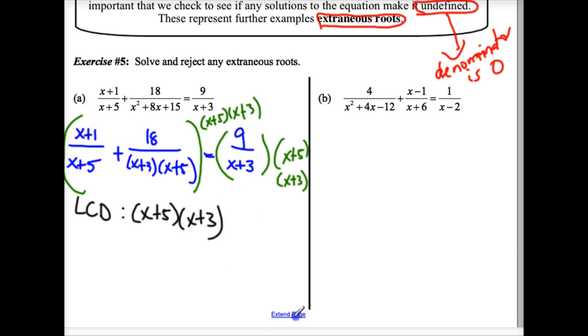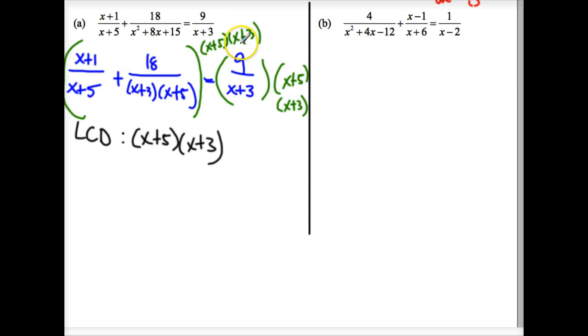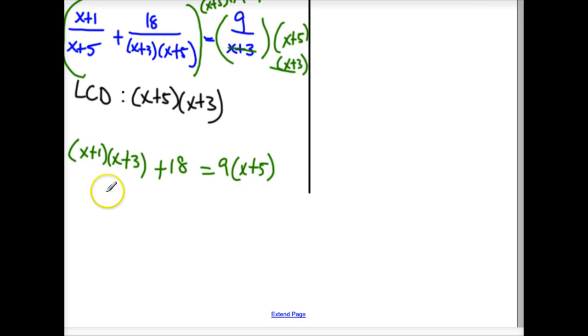Now what happens here? Let's see. So the 5's cancel out. You're left with x plus 1 and x plus 3, plus, both of these cancel, which is 18. The 3's are cancelled, so you're left with 9x plus 5. Let's simplify this. Box method gives us x squared plus 4x plus 3 plus 18 is equal to 9x plus